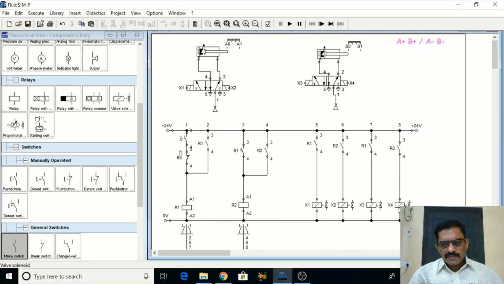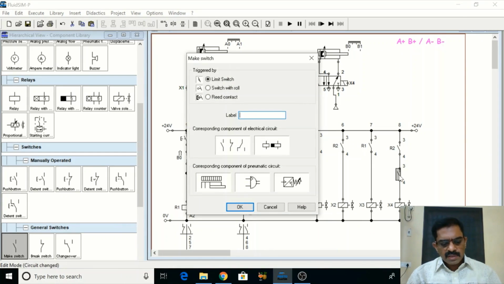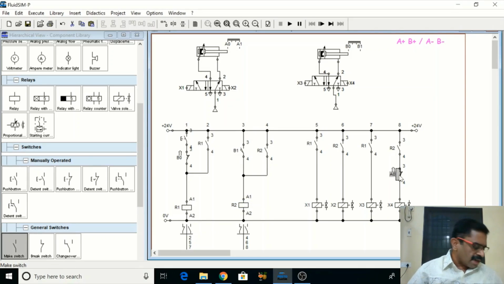So here X4 is actuating the B cylinder. So this should be terminated by A0. So I am just placing A0 here. So A0 should be an open contact. So just connect this to here and give A0. So A0 is actuating this, and then this should be X3.